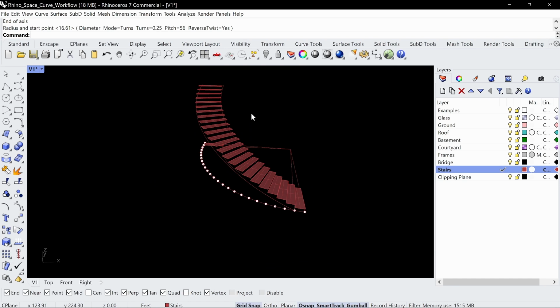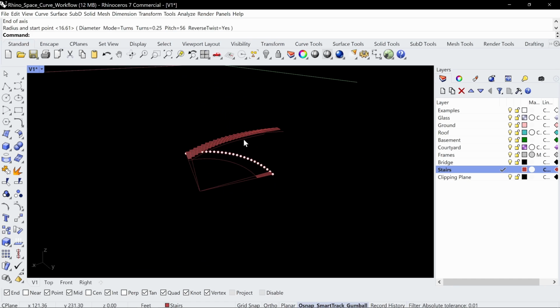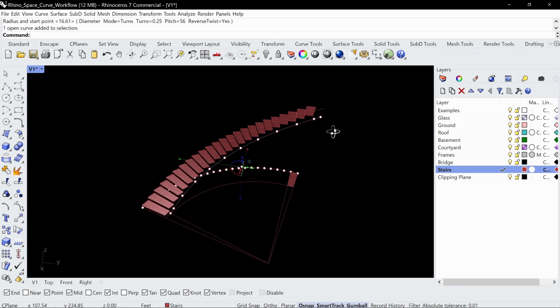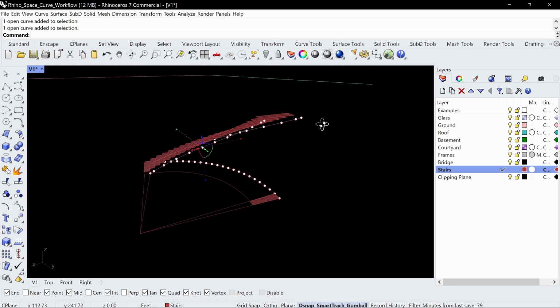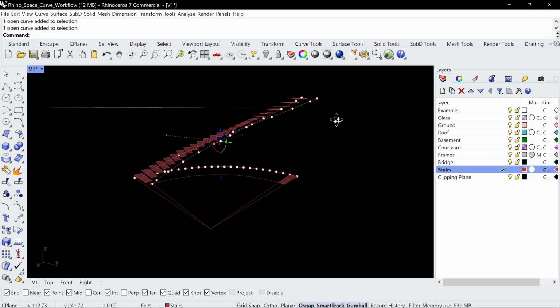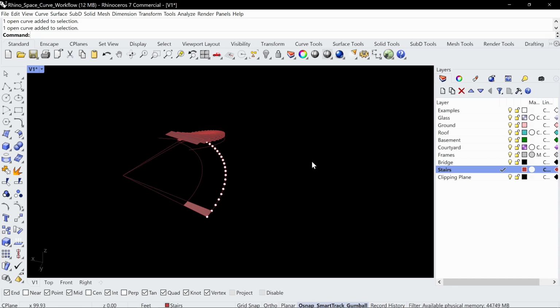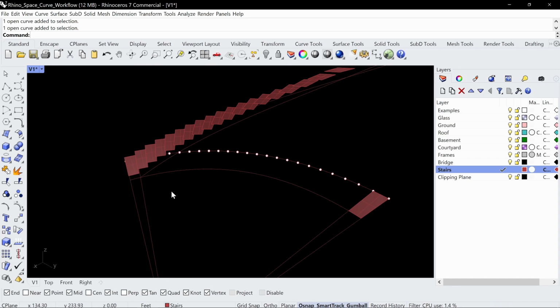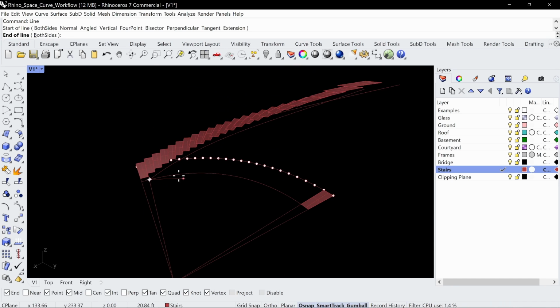Right? And I can just end it there, you see? Okay, so now we have these two rails basically. You see? We have these two rails. I could technically go ahead and do a sweep 2 if I wanted to. So I can draw a line, right, from here to